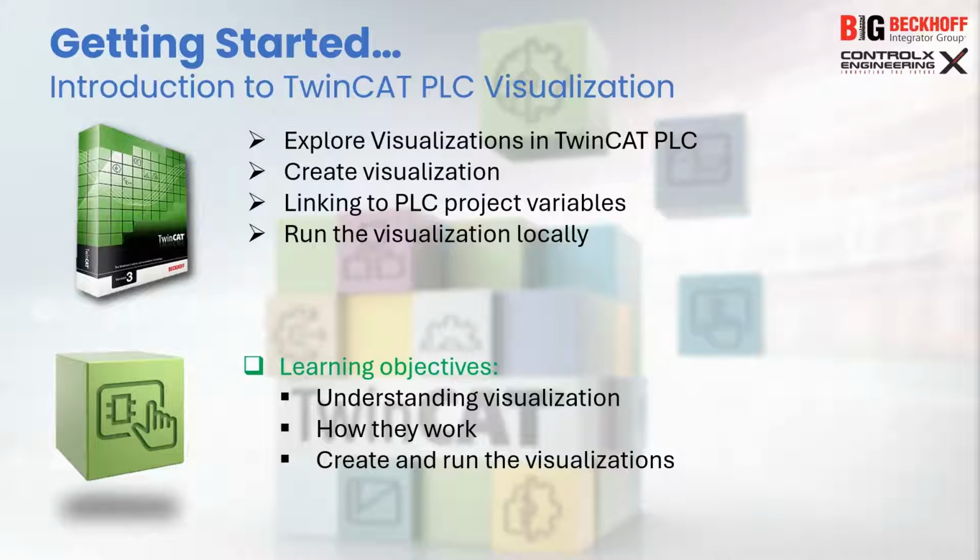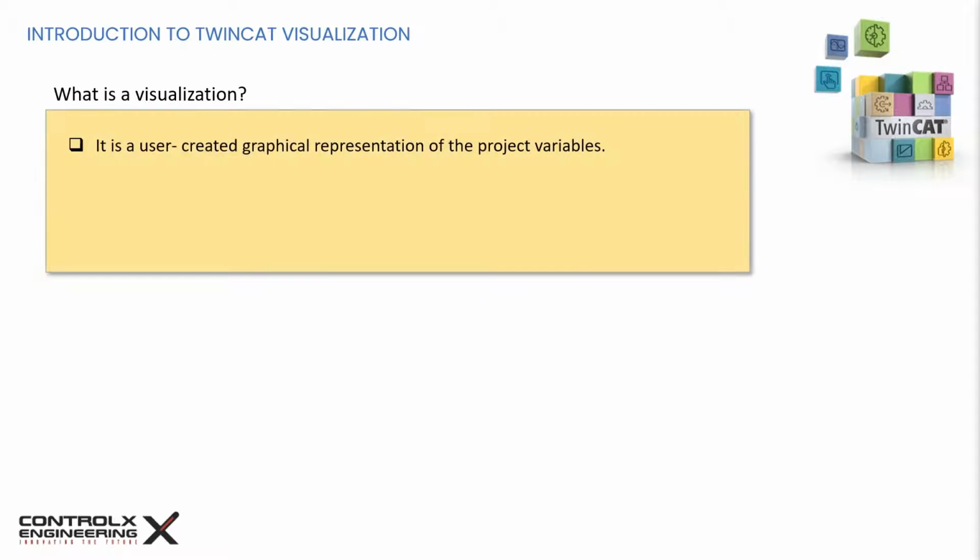So let's get started. Let's begin with the obvious question. What is a visualization in TwinCAT? Simply put, it is a user-created graphical representation of the project variables, which allows inputs to the PLC program in online mode via mouse and keyboard. The TwinCAT PLC visualization editor provides graphical elements which can be arranged as desired and can relate to project variables. In online mode, the look of these elements can be made to change depending on the values of the associated